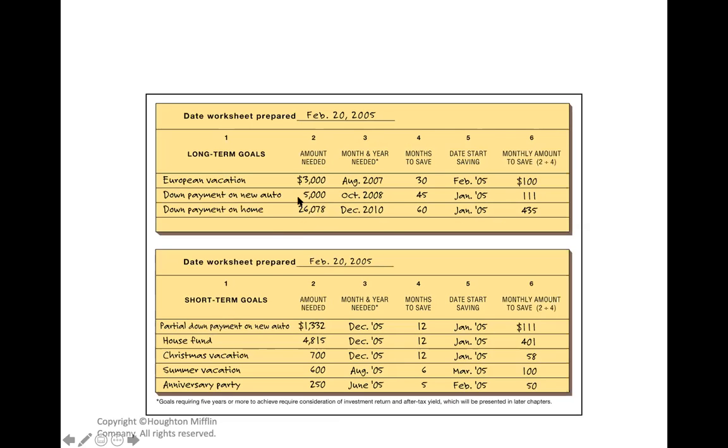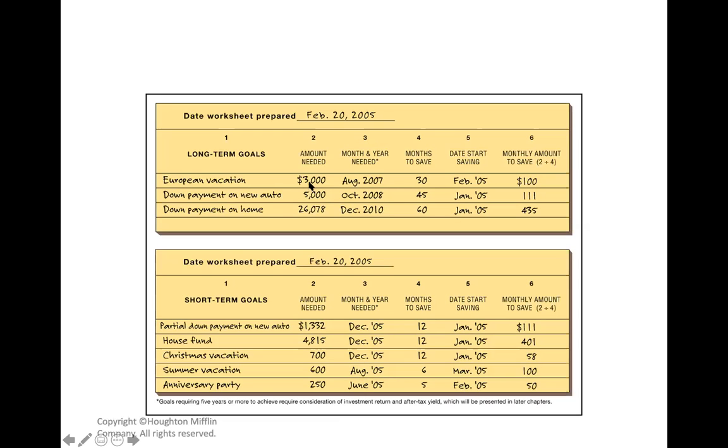So here, for example, this person needs to save $3,000 for 30 months. So 30 months is a long time. Okay, you need to be patient, and you have to make sure that this money is untouched. So if you need some money to pay the bills, to pay your credit card bill, or to buy something, don't take it from your savings for the European vacation. Logically it is like that, because you need 30 months to save to go to Europe, to realize your dream of going to Europe for vacation.